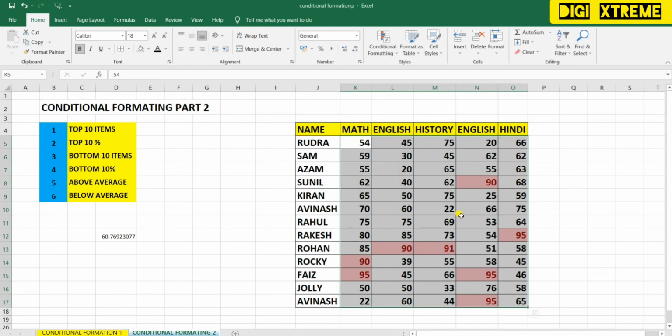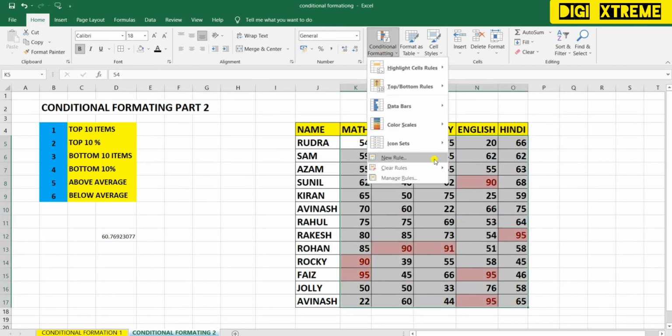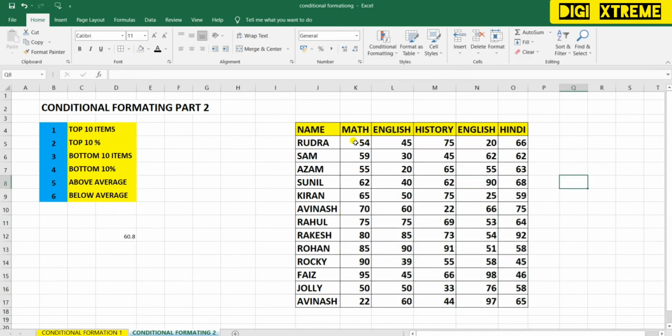This way we can highlight top 10%. If you want to get top 5, then you can customize according to your requirement. Let me show you with the top 5%. I need to select this again and I need to remove the rules. Let me see what we get if we want top 5%.